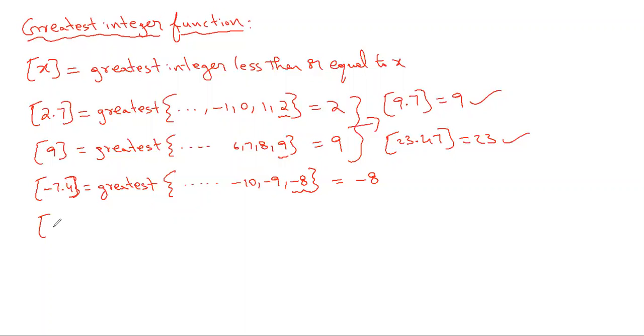And when it comes to the negative integers, like minus 11, the integral part of minus 11 is minus 11. The greatest among the integers less than or equal to it, minus 13, minus 12, and minus 11 also will be included. The greatest one is minus 11. So for integers, no problem. Even though they are negative numbers, the number itself is the greatest integer function. And if you go for minus